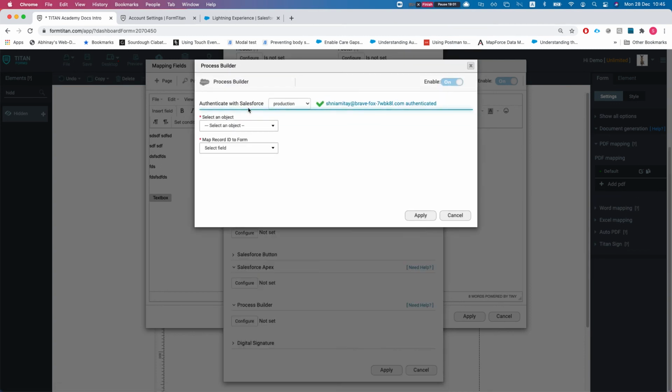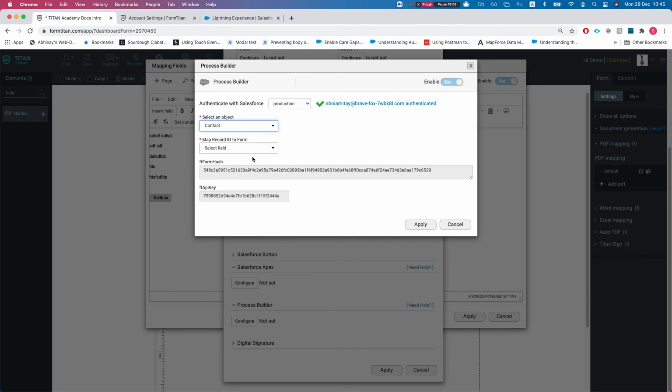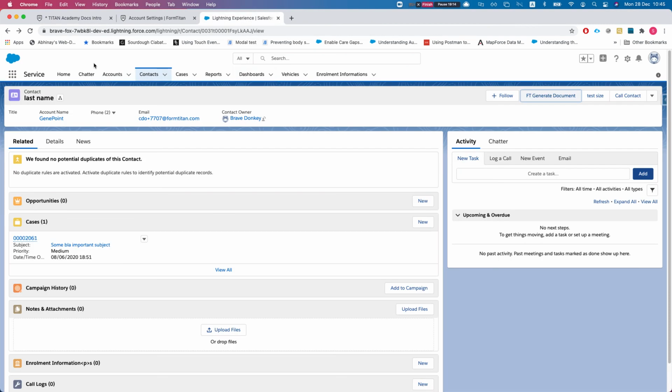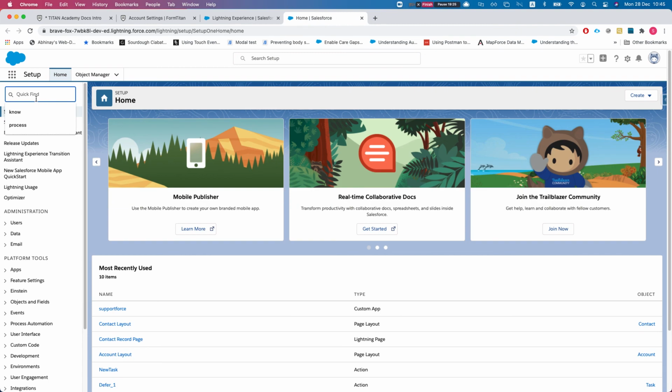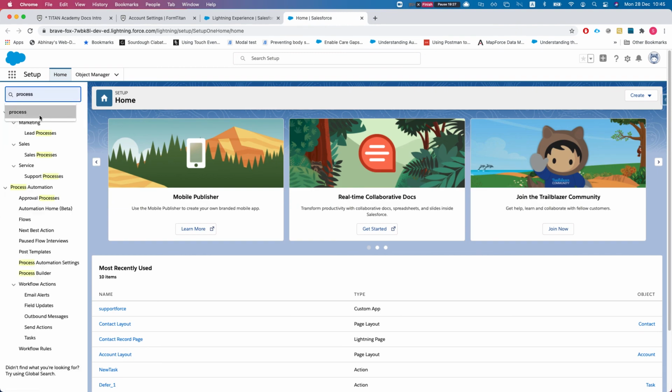Same thing goes for process builder. So let's select our object, we'll select our contact ID, and you get the FT form hash and the FT API key. And what you can do from here, let's say we'll head over to the process builder, and this works just the same for the flow. So if we take a look, process builder,